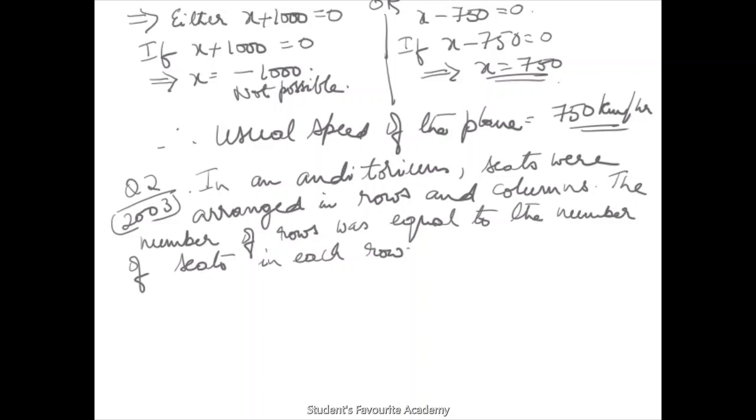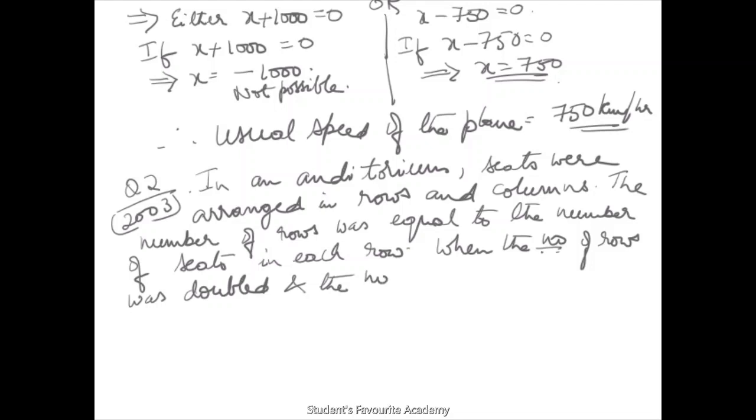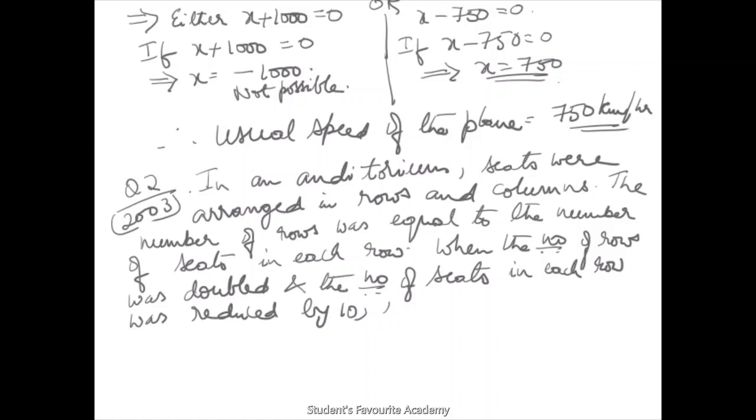Okay, when the number of rows was doubled, and the number of seats in each row was reduced by 10,